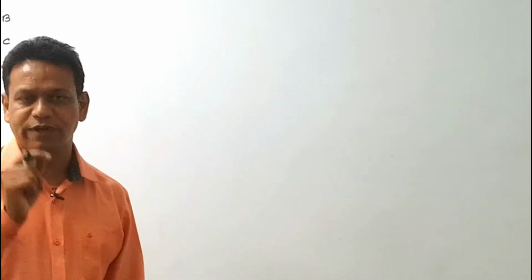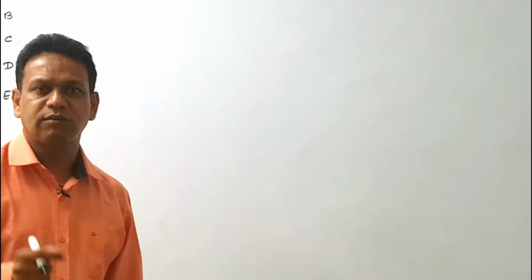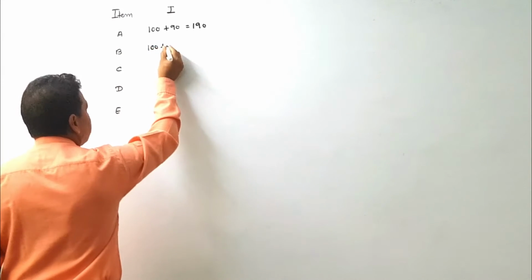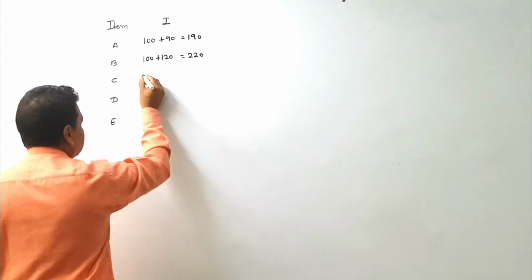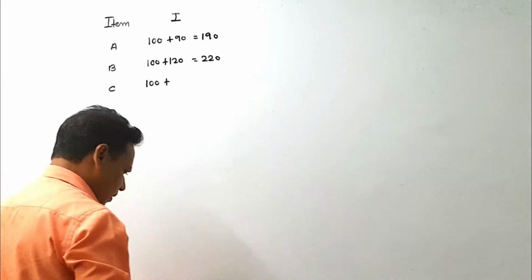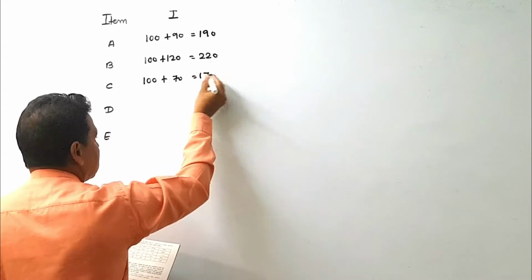So this question is very easy, because they have given an increase in the prices of item A of 90 percent, and for the next item, 120 percent increase. So my base year's index number is 100 plus 120. So now it is 220. Then the index number of C: 100 for the base year and 70 percent increased. So my answer is 170.